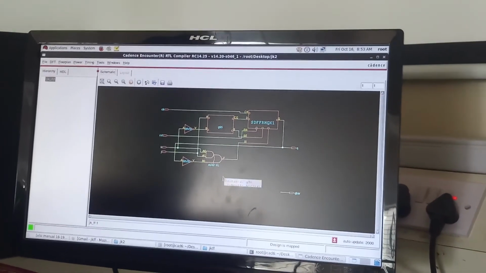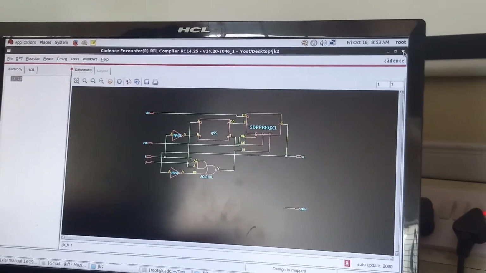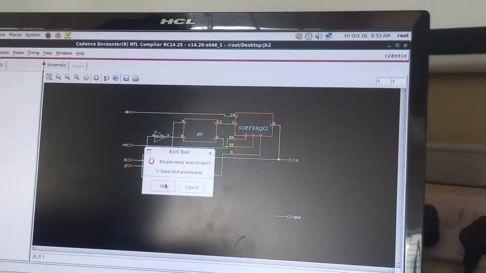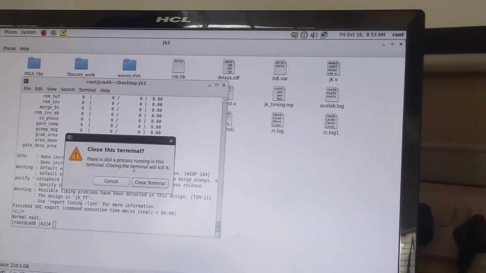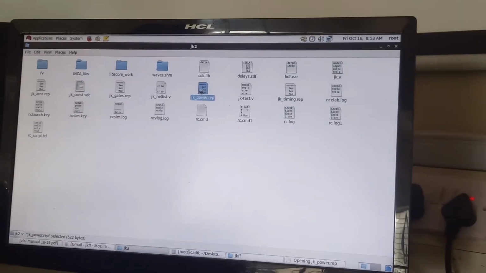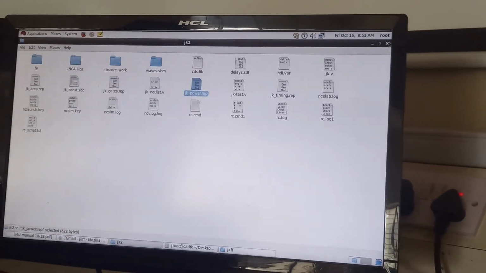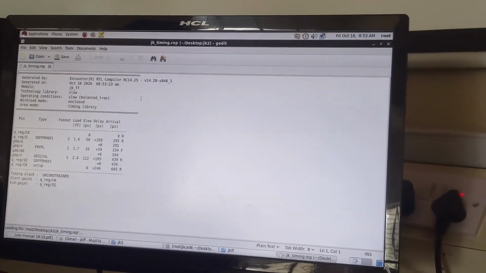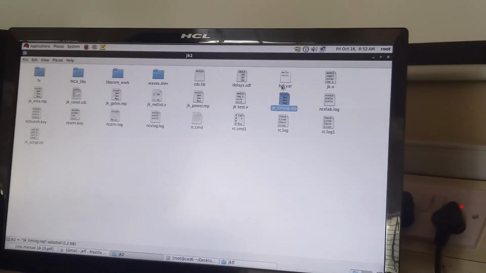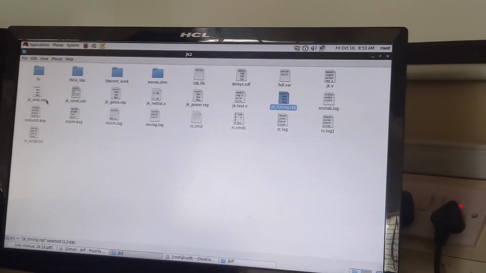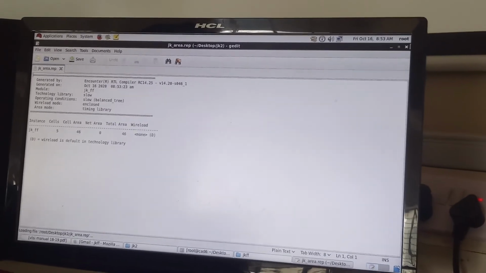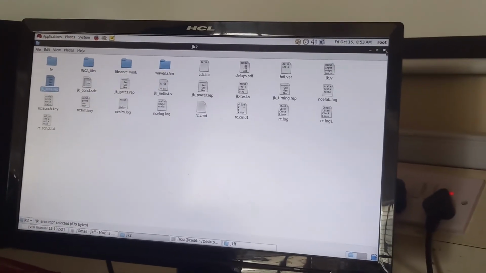This is the JK flip-flop RTL synthesis, and next you can see the power report, then the timing report, then the area report of a JK flip-flop. This is about a JK flip-flop.